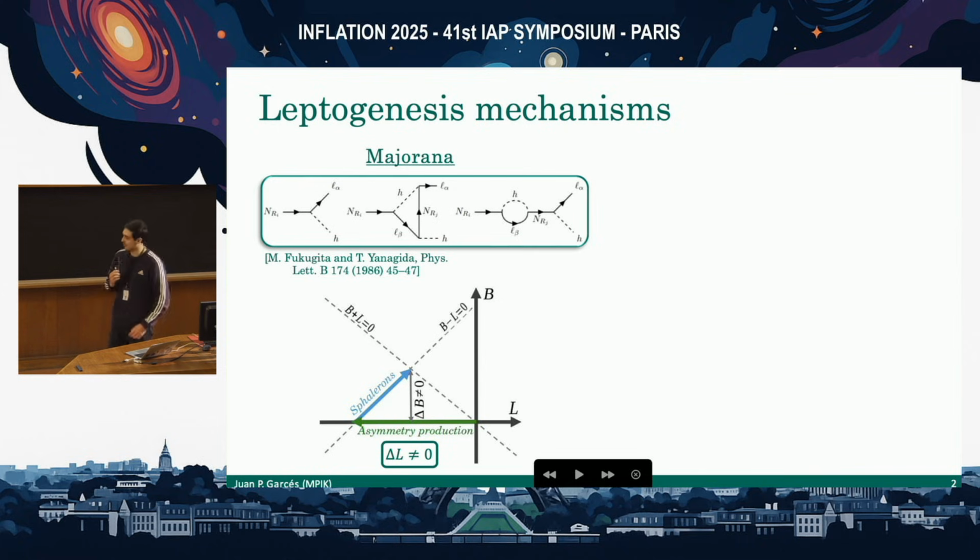But in the context of neutrino mass generation, this question was mostly phrased in the context of Majorana leptogenesis, where you have heavy right-handed neutrinos that decay into Standard Model leptons and Higgs bosons. And via the interference of these diagrams, you get first an injection of lepton asymmetry that is converted into a baryon asymmetry via Weak sphaleron processes.